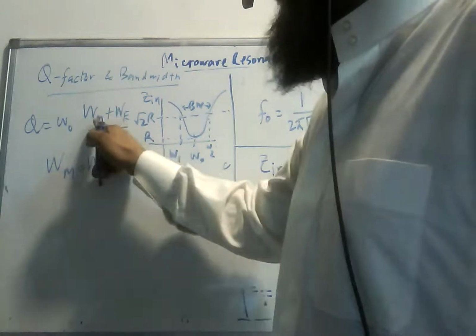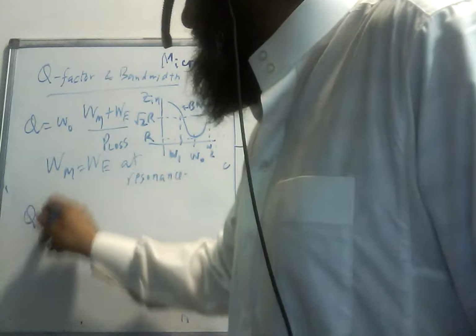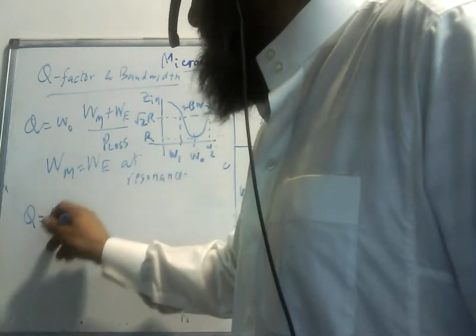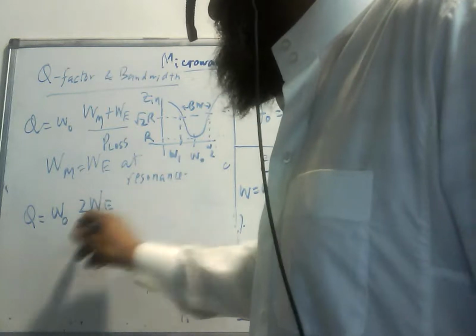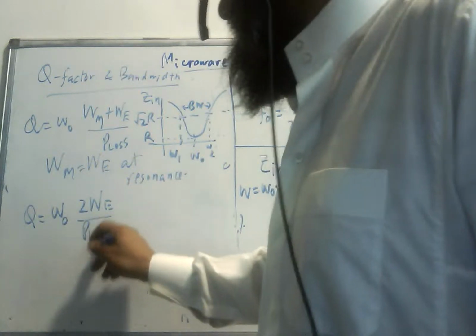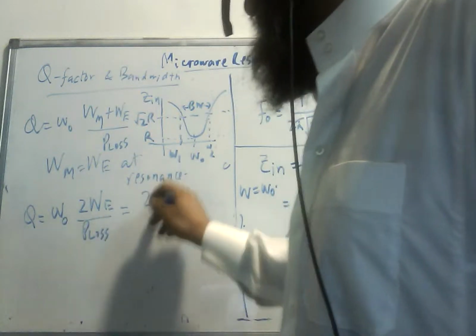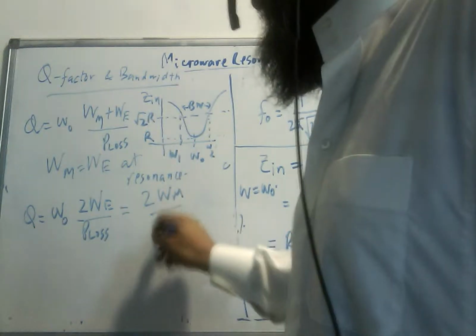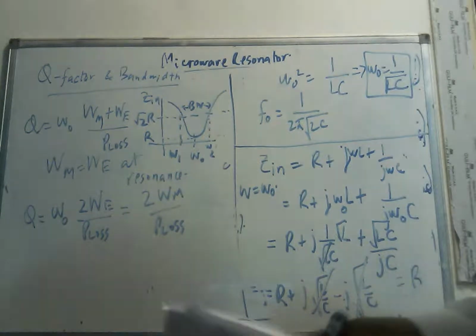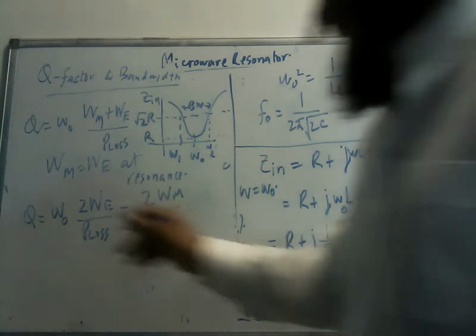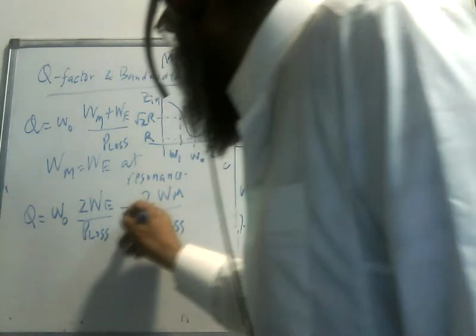So this is either 2 Wm or 2 We. So I have omega naught multiplied by 2 We divided by P loss. This is also equal to omega naught times 2 Wm divided by P loss, because those two are equal at resonance. All right, so let us find these two numbers. So I put omega naught